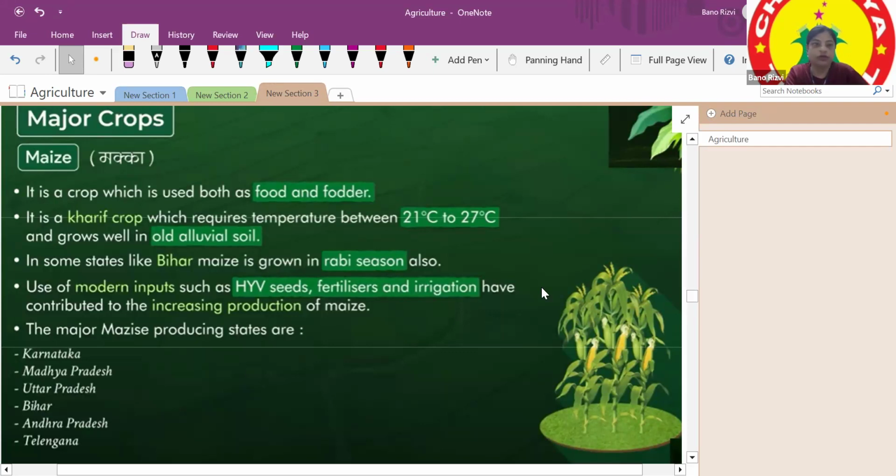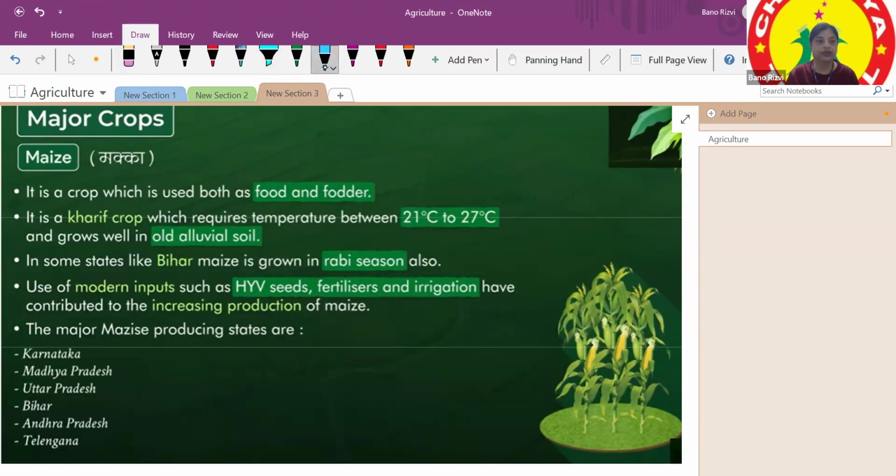So we'll move on to maize. Okay. Now maize, most of you like to eat corn. It is used both as food and fodder. Fodder means we feed our cattle also. Okay, the cows, and we feed our cattle also. So animals also eat